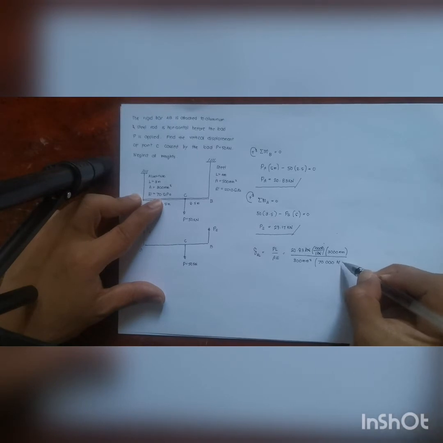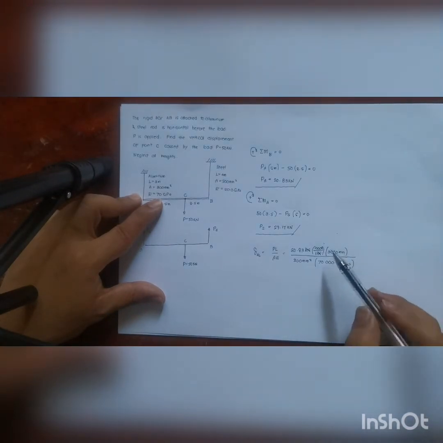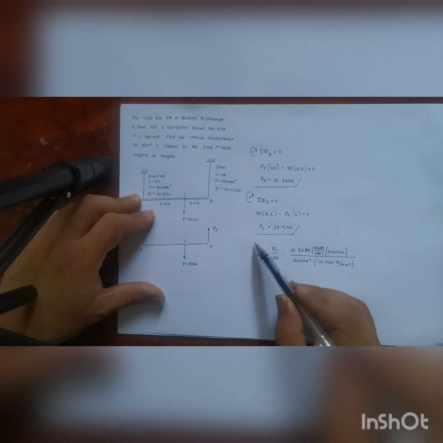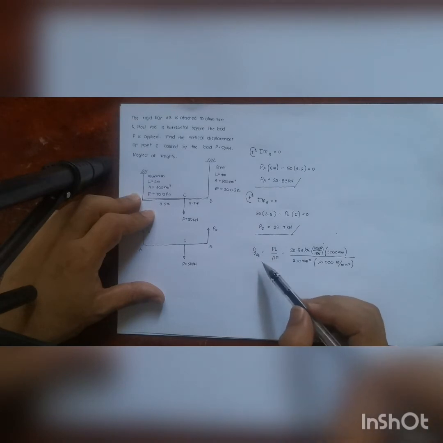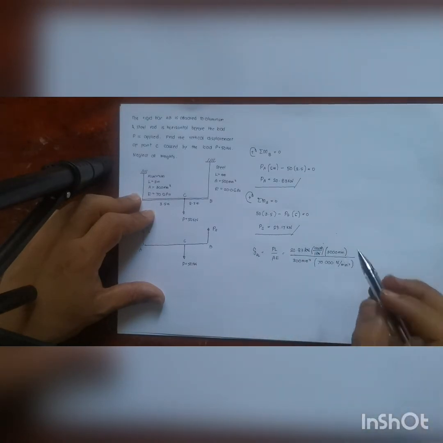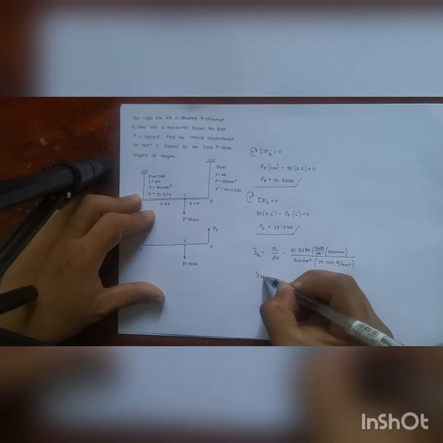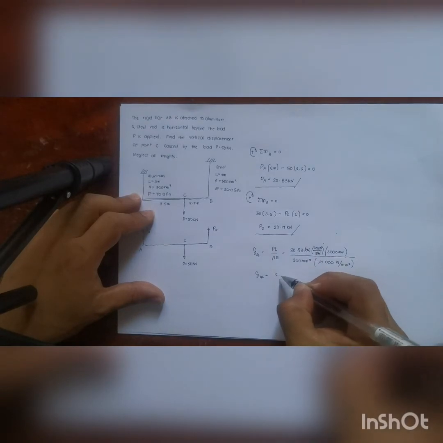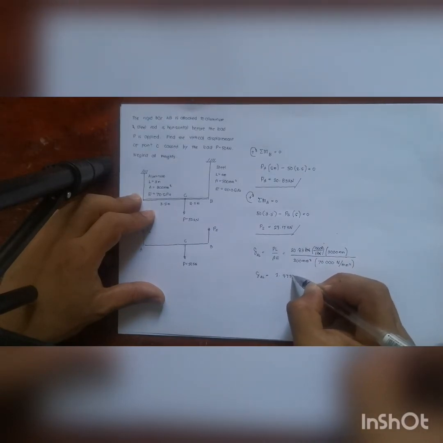Ang megapascal po ay newton per mm squared. So, naka-newtons tsaka mm na po lahat yung units natin. Ibig sabihin, ang magiging unit ng ating deformation in aluminum is in terms of millimeters. So, solving for that, calculate lang po yun. Direct sub, we will get 2.9757